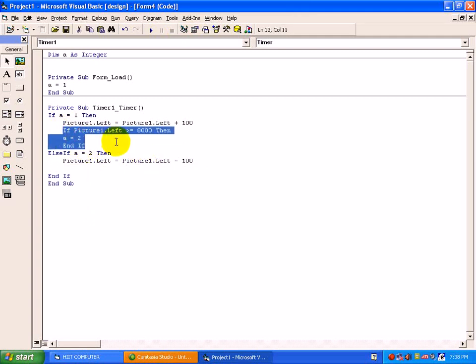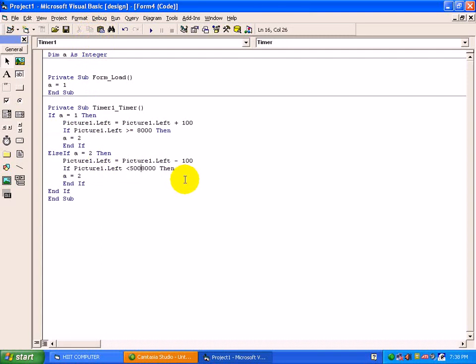Same, we will copy this. See here, if less than or equal to 500, as we are using the minus sign here, then a equals 3.